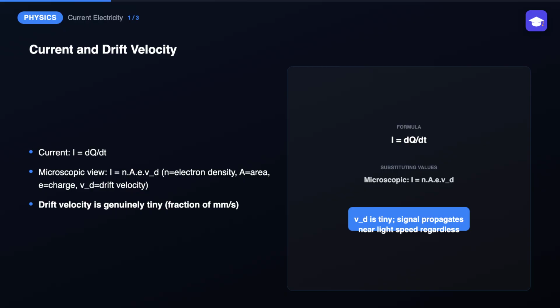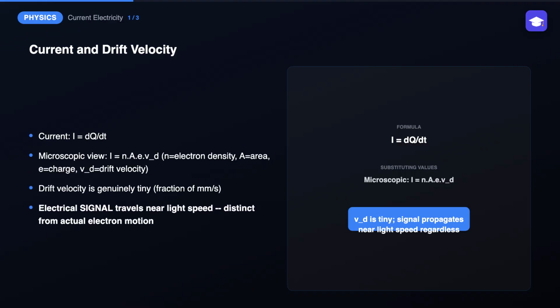It's worth appreciating just how slow this drift velocity actually is, typically only a fraction of a millimeter per second, even though the electrical signal itself travels through the wire at nearly the speed of light, since the signal is an electromagnetic field effect propagating through the entire conductor almost instantly, not the literal physical motion of any single